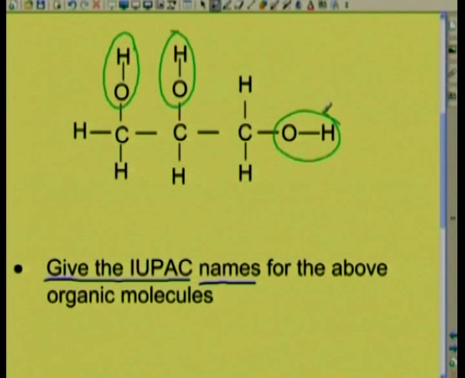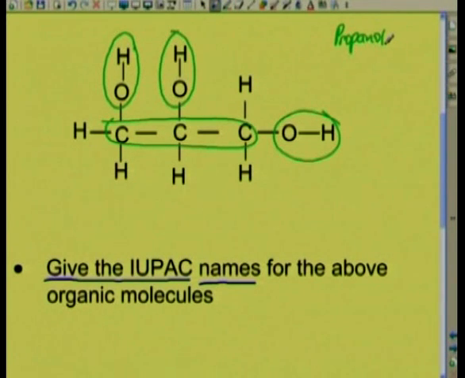But in naming it, remember, we check the longest chain. It's again 3 carbon atoms, so it's propanol. All 3 carbon atoms are attached to the OH group, so it doesn't matter whether I number it or not. What I need to mention is that carbons 1, 2, 3 all have the OH group. So this will then be